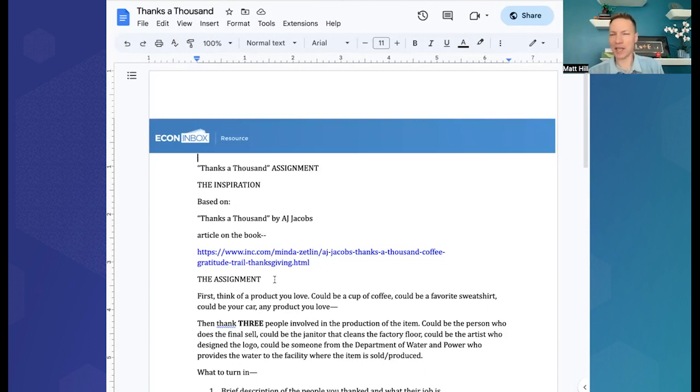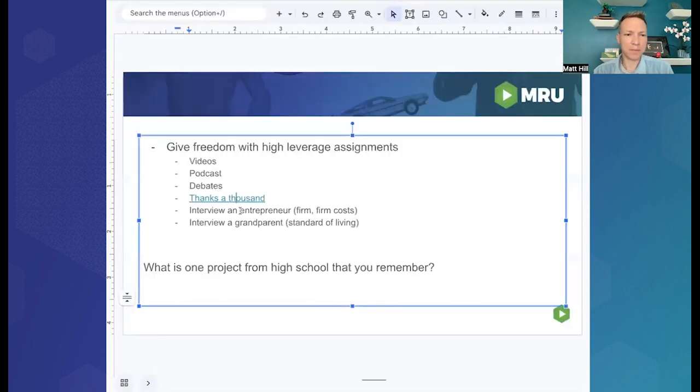So he goes in there and thanks them and says, oh, we've got to take a picture of you. And they put them up on the wall of the car dealership. I had another student get free tickets to a Padres game, a San Diego Padres game. So it's a good way to get the students thinking about all the different actual humans involved in production. And then it also gets them out there talking to people.